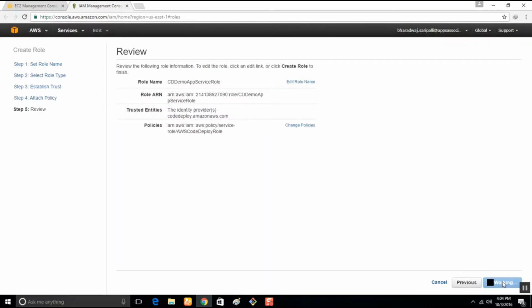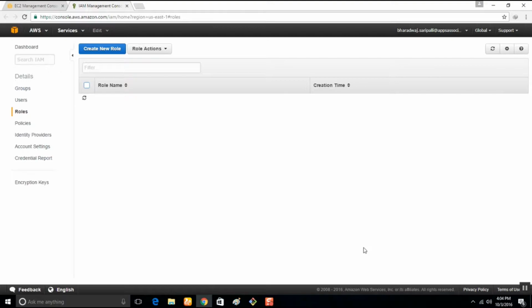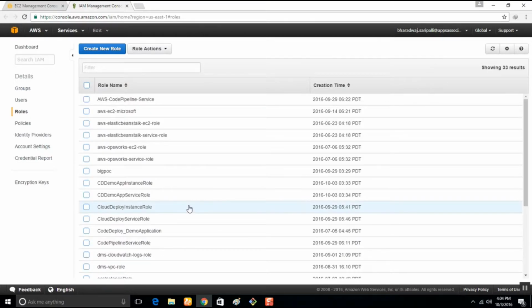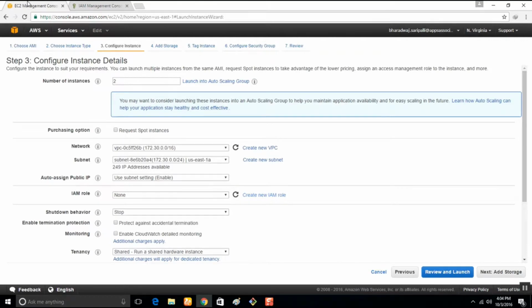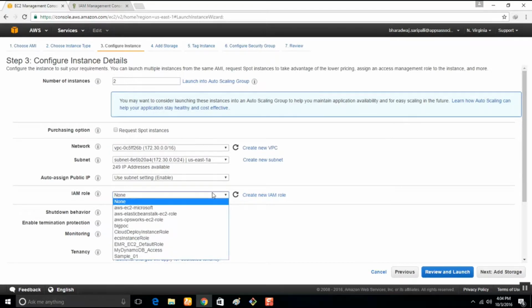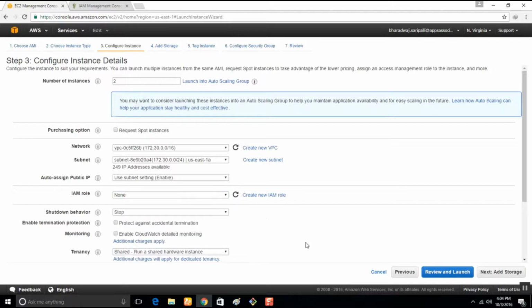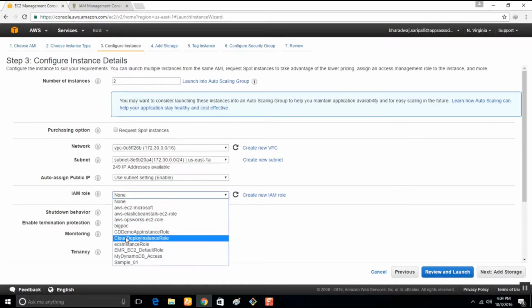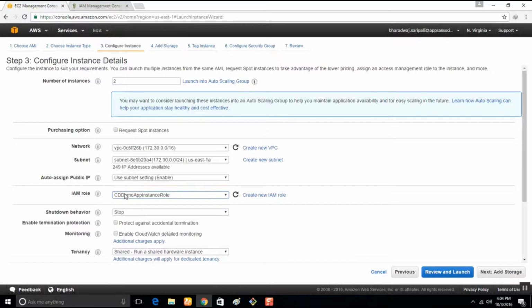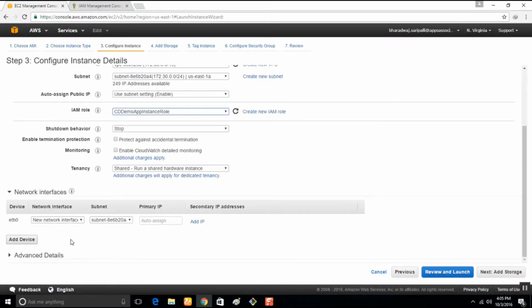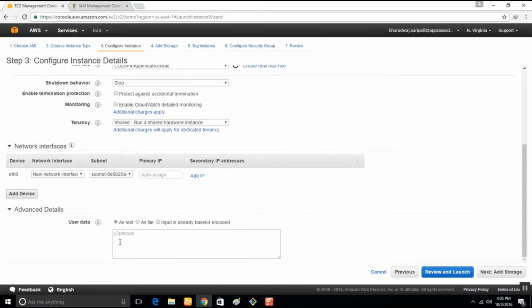I'm good with this. Create role. It has created that role as well. Now we have the roles created, so we can go back here and refresh it. Now we have cd demo instance role.